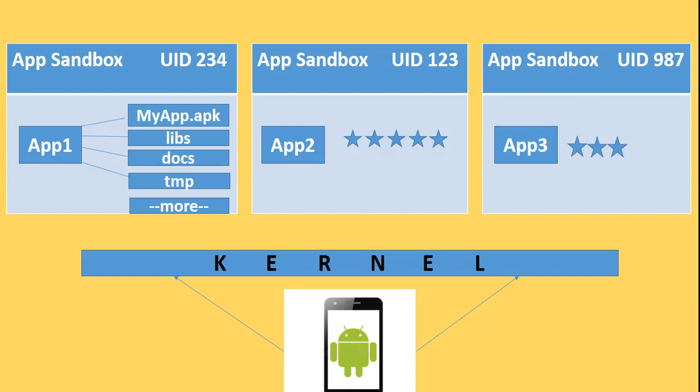Now the Android security model is based on the concept of application sandboxes, okay? Each application runs in its own sandbox. Now several years ago, prior to Android version 4.3, these sandboxes were defined by the creation of a unique Linux UID. The UID was created for each application at the time of installation. Now from version 4.3, Android uses SE Linux, that is the Security-Enhanced Linux, for defining the boundaries of the application sandbox in Android.